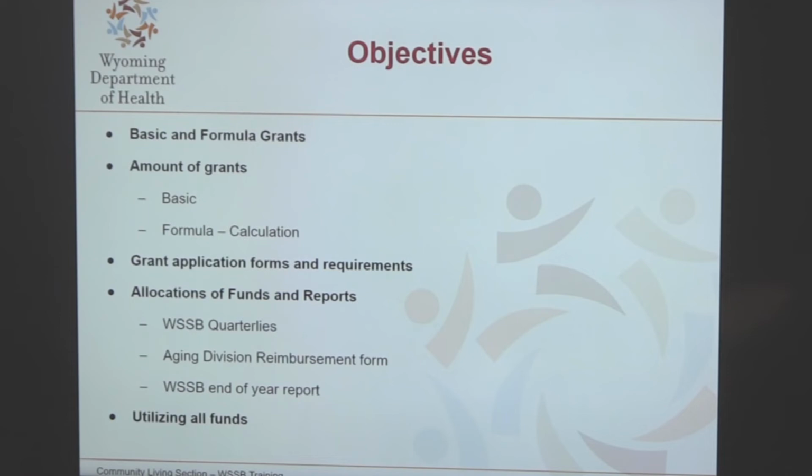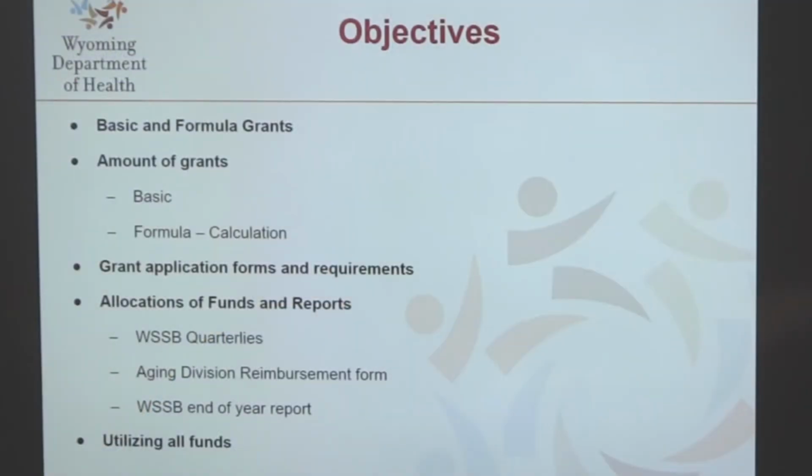A few of the objectives that we're going to cover today are the differences between the basic and the formula grants, how to determine the amounts of the grant awards that each senior center receives, what makes a senior center eligible to receive funds from the WSSB, and how all of those components come together to make the final grant